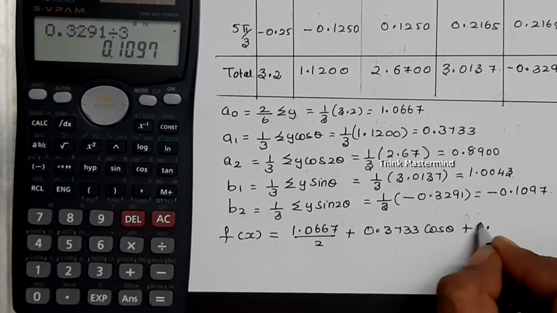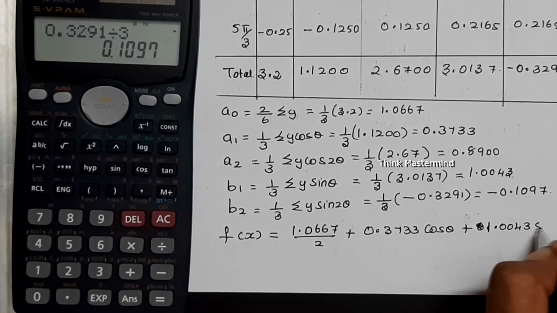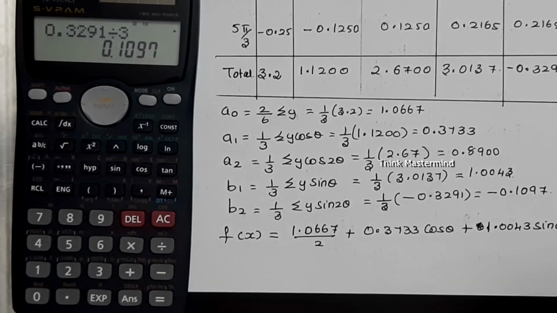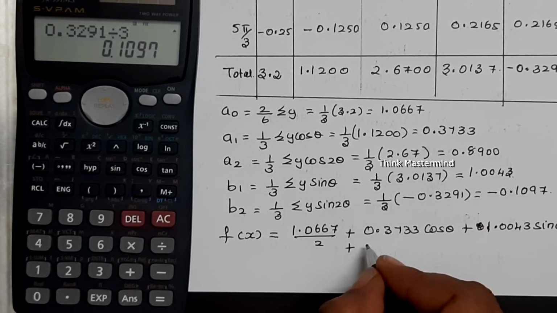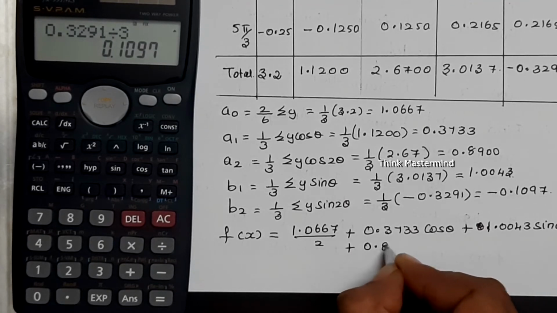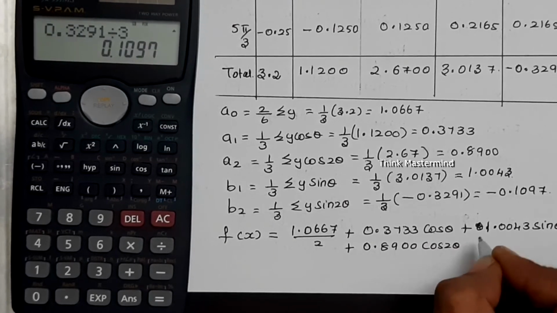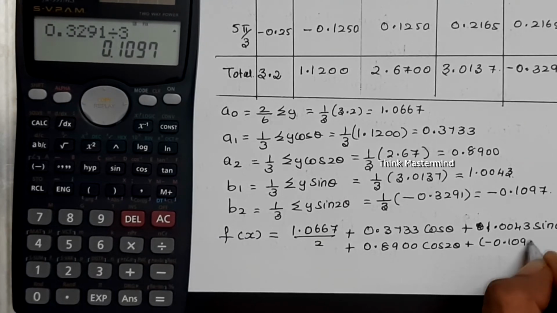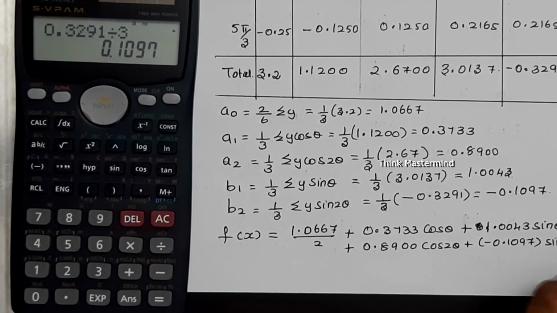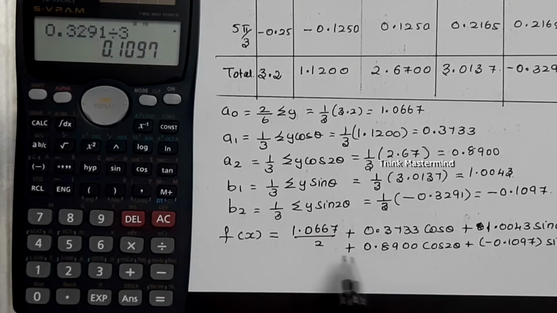B1 is 1.0043 into sin theta. It is up to first harmonic, but our question they ask up to second harmonic. Therefore A2 is 0.8900 cos 2 theta plus B2 is minus 0.1097 sin 2 theta. Now the x value is given in theta form, so we are finding harmonic analysis of